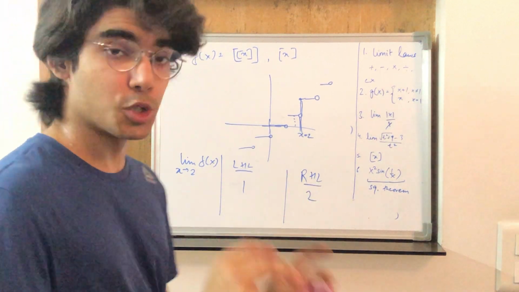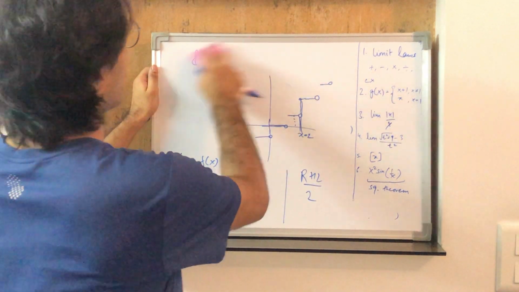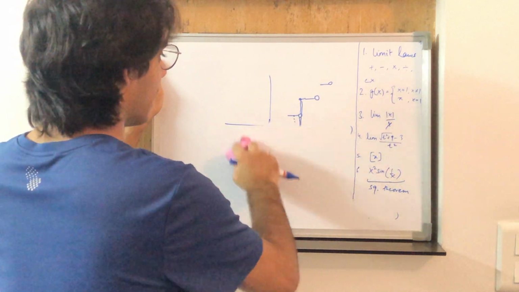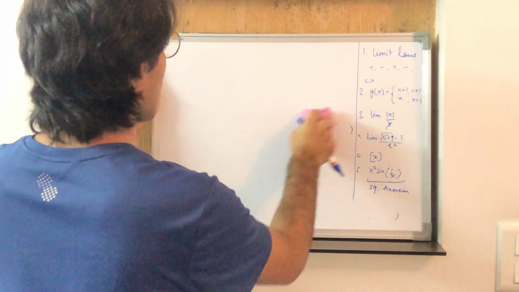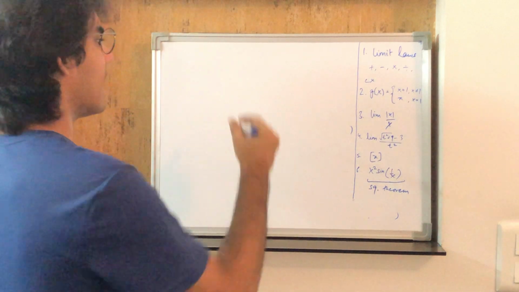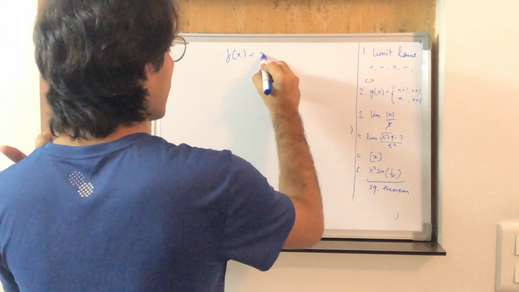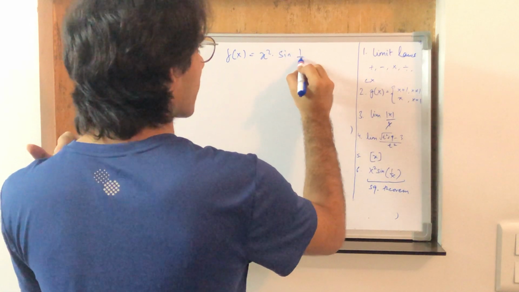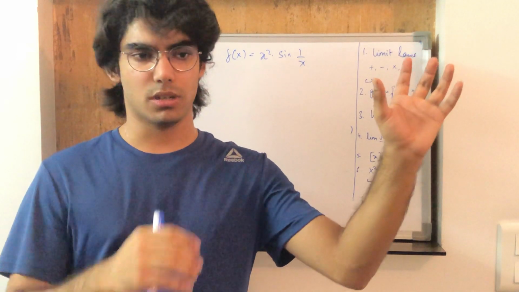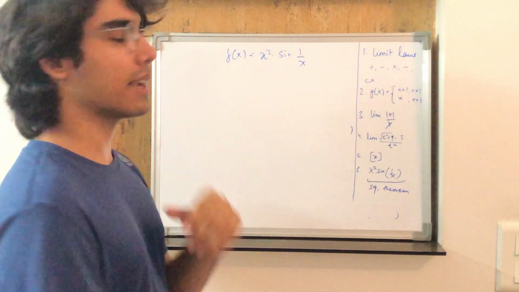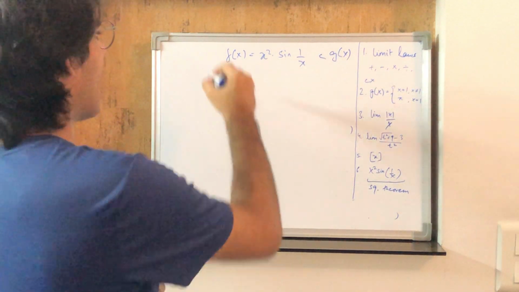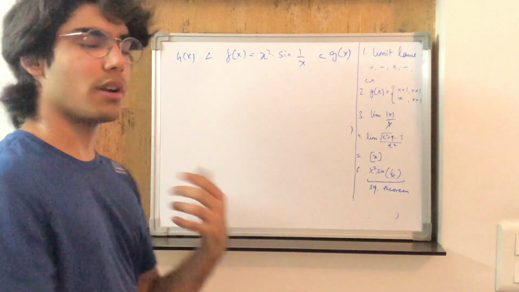We now understand that. Now we're going to understand the squeeze theorem, which is pretty straightforward, but it's an important technique that helps us figure out certain limits that are hard to find. Let's say I have f of x equal to x squared times sine 1 over x. The squeeze theorem basically means that if I have one function g of x that's greater than f of x, and an h of x that's smaller than f of x,